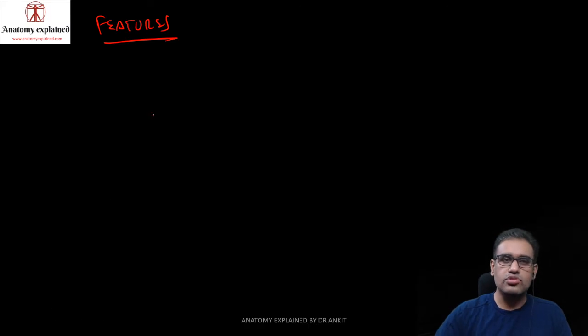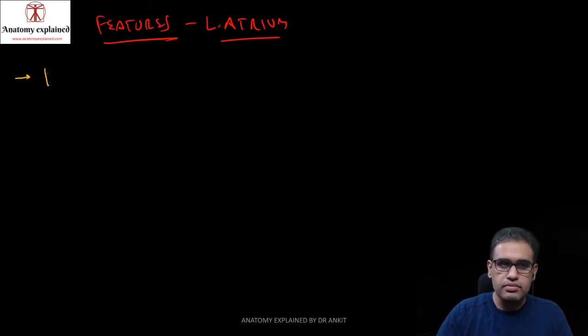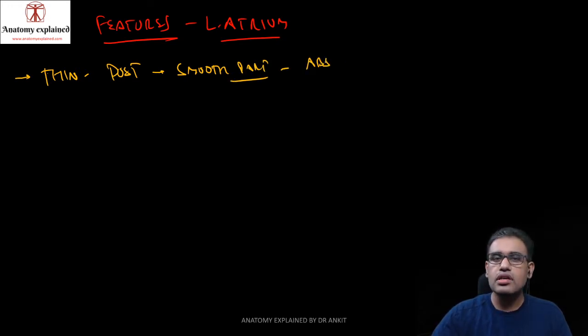If you talk about the features of the left atrium, location is done. Now what are the main features inside the left atrium? The walls are thin, already discussed. Again, like in the right atrium we discussed, there is a posterior smooth part of the left atrium, which is embryologically formed by the absorbed pulmonary veins. So the posterior part of the left atrium is embryologically formed from the absorbed pulmonary veins, therefore it is